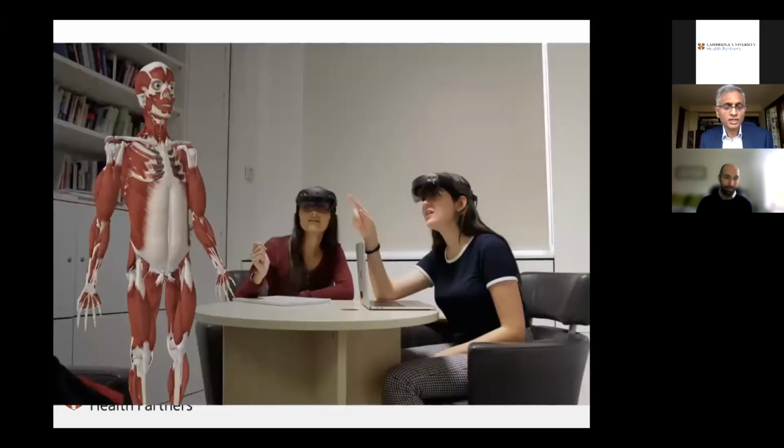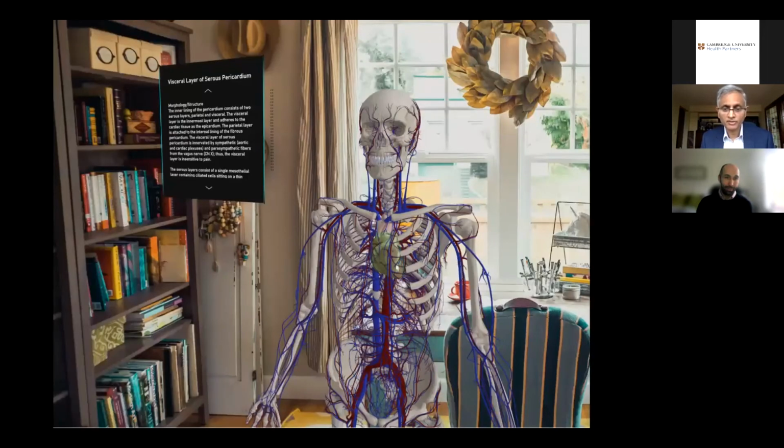So this is an image of what people might see with a HoloLens on. They can select the muscles and would get an image such as this. They can learn where the attachments are, how they move, what the structures of the bones are when the muscles are either there or not there, and if necessary, take off the muscles and look at different structures like the vasculature in 3D, and examine the anatomy in more detail.